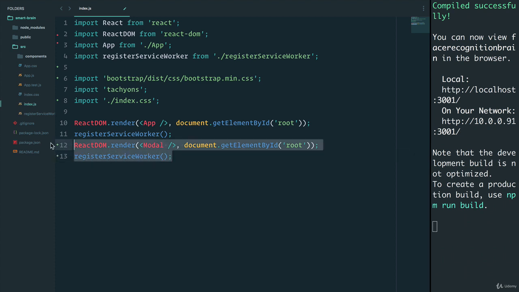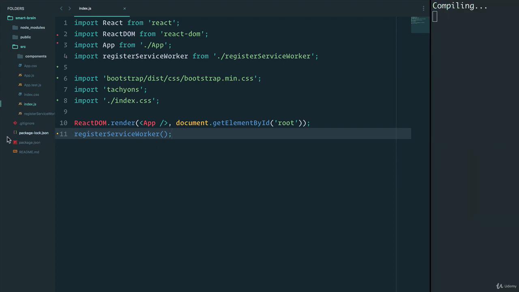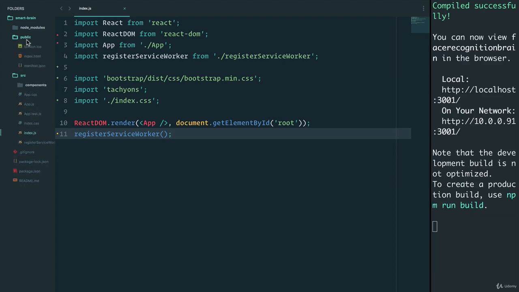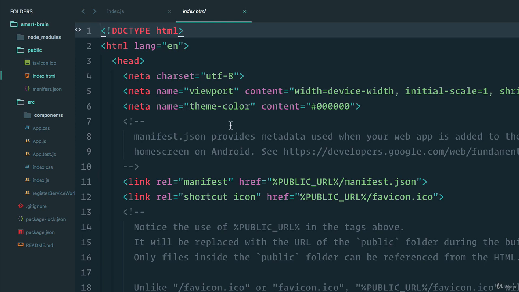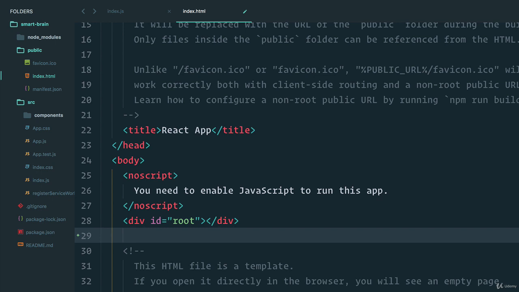Let's get to it. The first thing I'm going to do is go back to my public folder where my index.html file is. And if I scroll down here, we see that we have div ID of root. That is where React is binding and rendering everything. But down here, I want to create a modal portal. And I can say div ID, and we'll call it whatever we want. Let's say modal